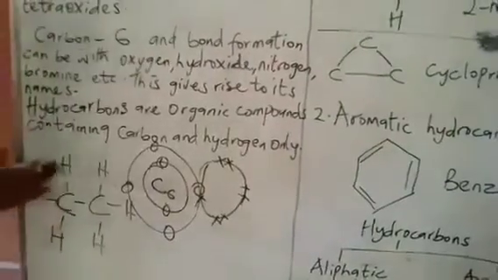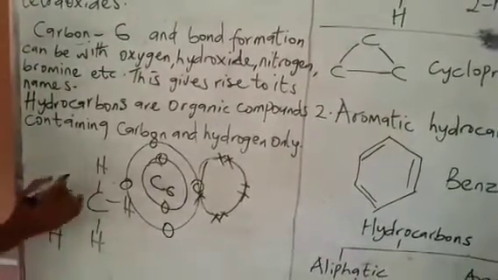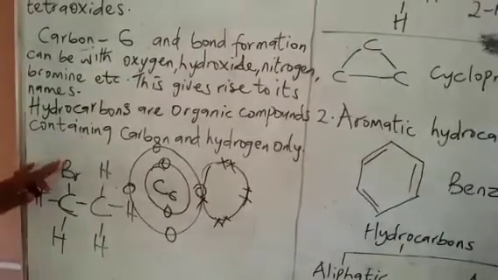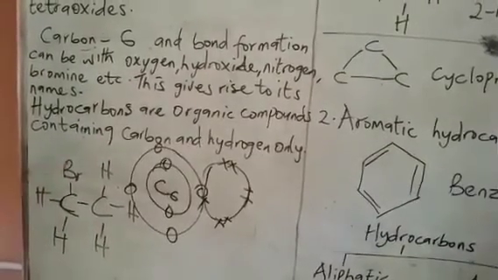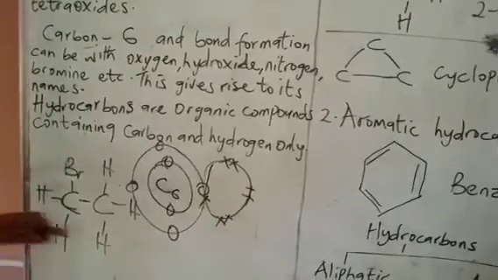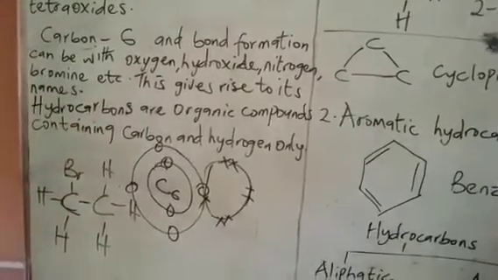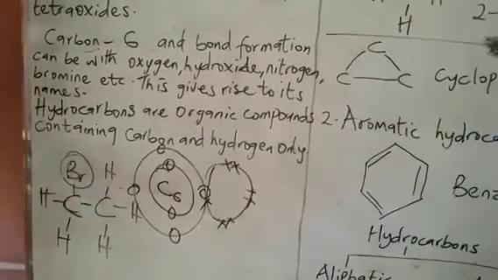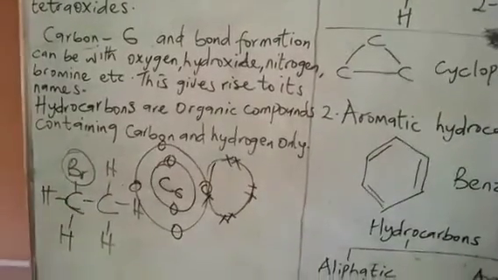Of course, this is covalent bonding. So sometimes if you have something like B here, this is actually bromine. Definitely, this will not affect the whole bond formation. The only thing is that hydrogen will be removed and bromine actually takes its place. Also,